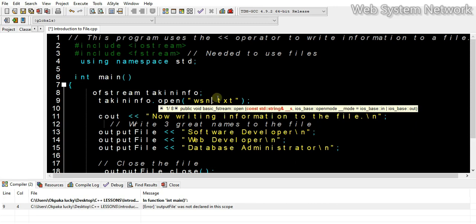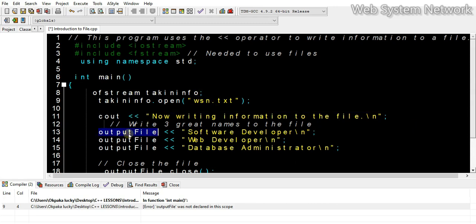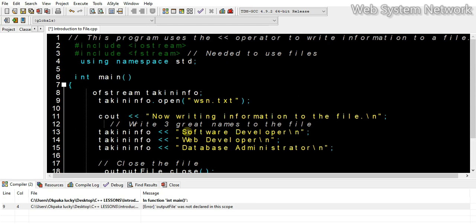I'll call it WSN.txt, and then copy that, paste here, and paste here as well. What should I name this one? Let's call it Lucky, and then let's call this one WSN student, and then we'll call this one, sorry about that,